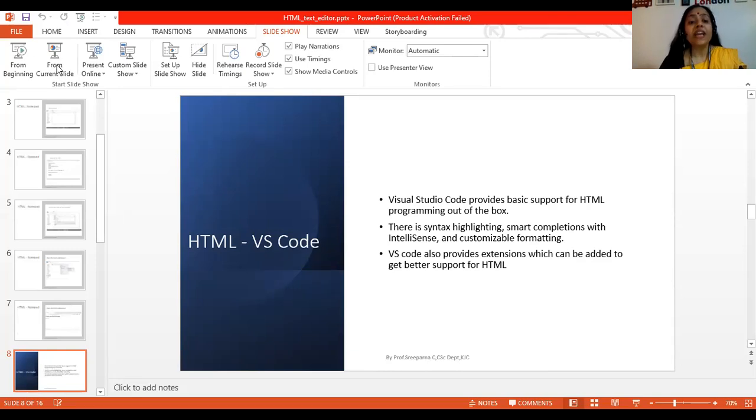Now we are slowly entering into the advanced level text editors like VS Code. Students, there are certain advantages of advanced level text editors, like they will help you to write the code, they will help you to identify the mistakes, if any, in your code, which was not present in the basic level text editor like Notepad.